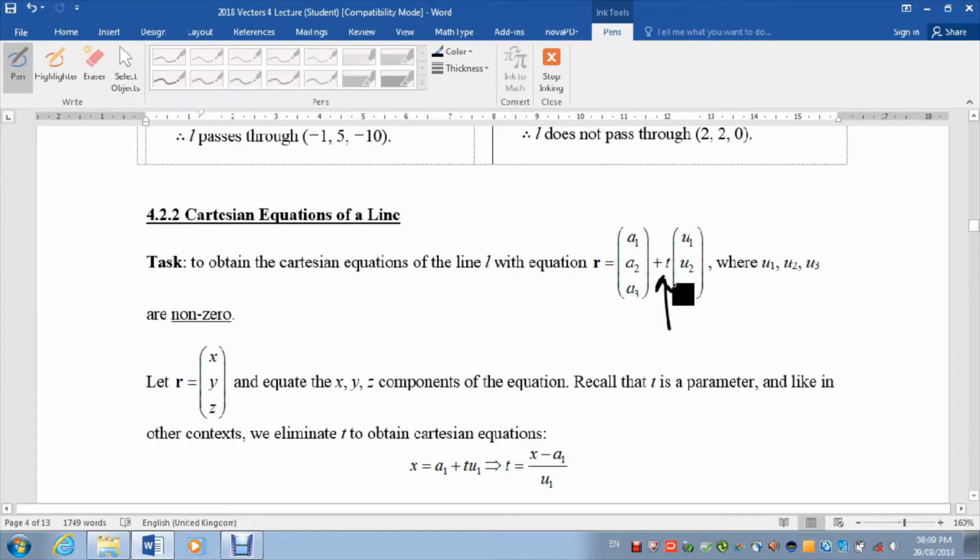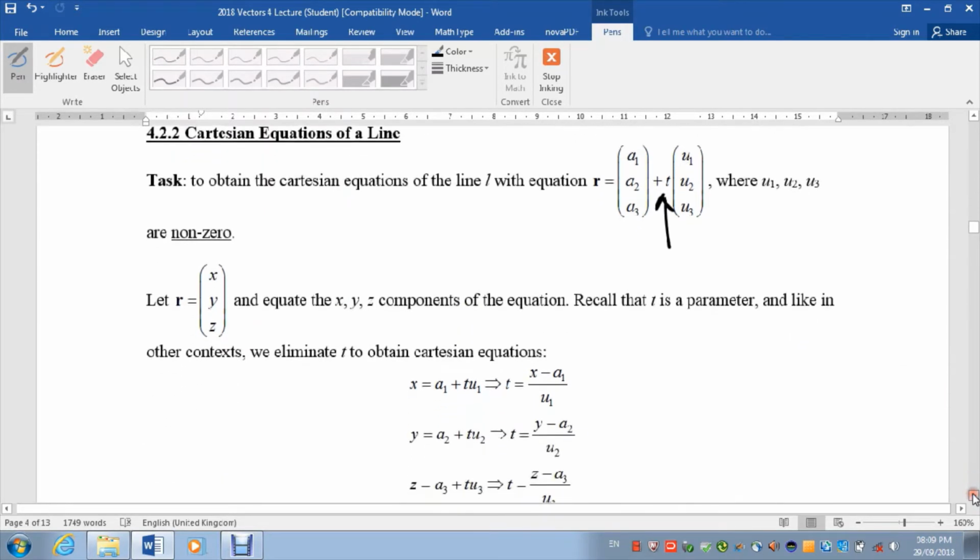Okay, so how do we get rid of the t? And how do we bring in the x, y, z? So a vector r, right? Instead of writing vector r, now I'm going to write vector r as column vector x, y, z. Makes sense because usually, that's how we label our vector. So x, y, z, where each of them is equating to the x, y, z component of the equation. So when I plug it in, if I compare the x component, y component, z component,